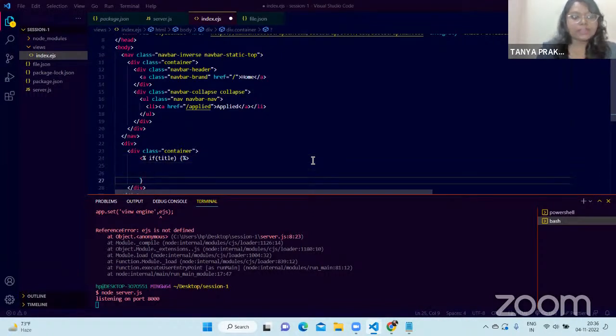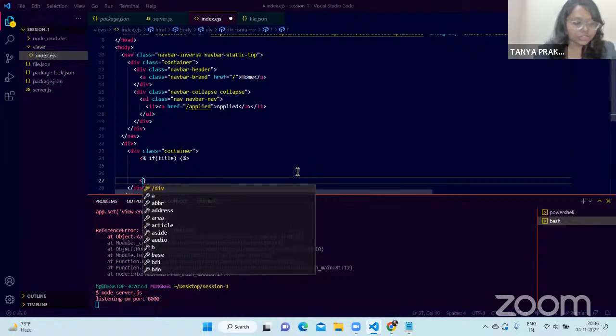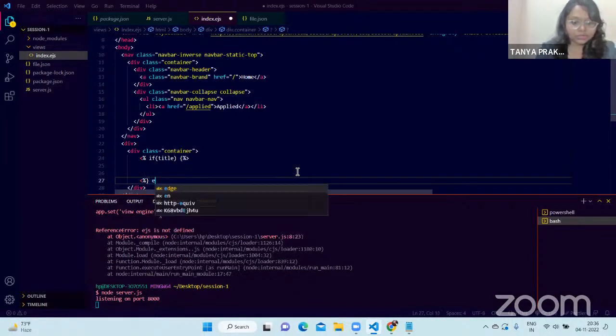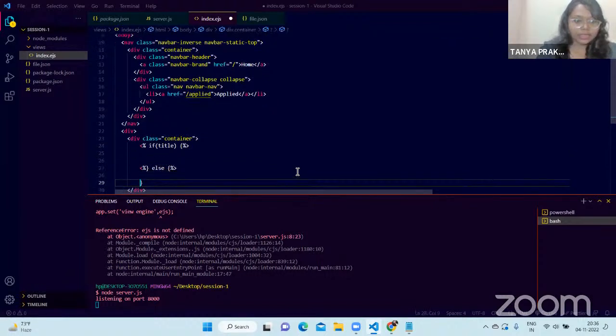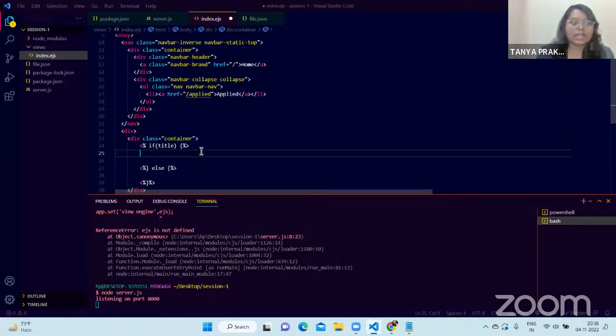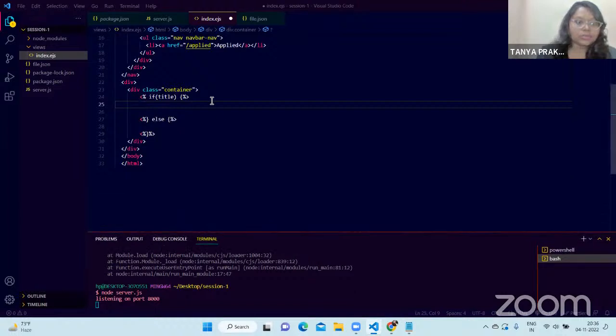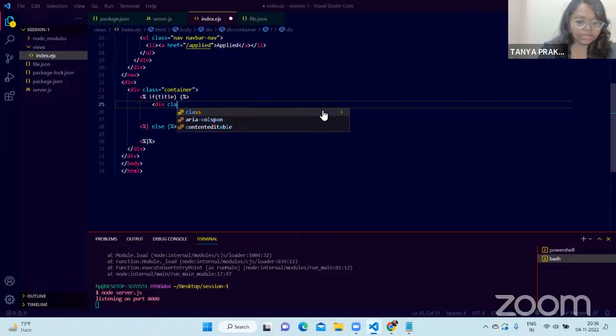And now if there is an if condition, there should be an else condition. So like this, you need to use the else condition also. Okay, and you can close it here. So the if condition, and then we will also handle the else condition. So what should be in the if condition? If the companies are present there, I should show the companies. So you can directly use div class equals to card, and then